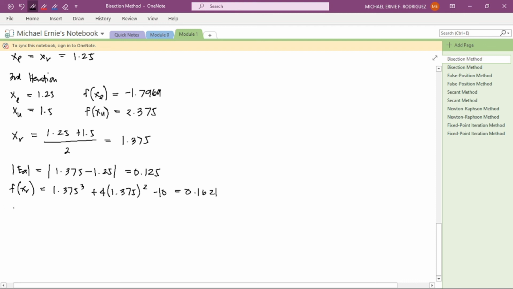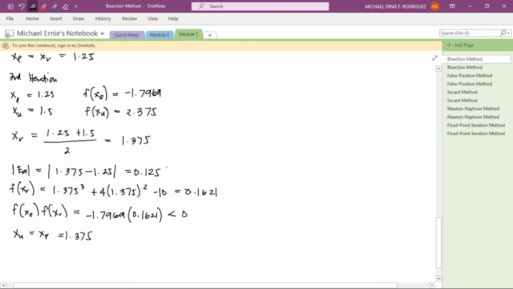And then the product of f of x sub L and f of x sub R is equal to negative 1.7969 times 0.1621, which is less than 0. Therefore, we set x sub U is equal to x sub R is equal to